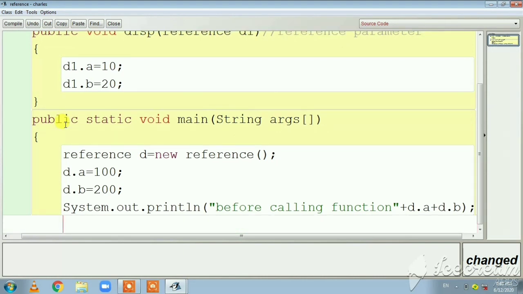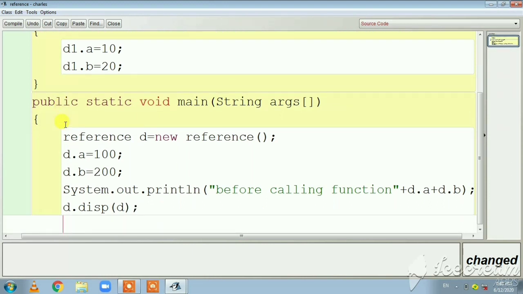Now I am going to call the function through the object d dot, the function name is disp. I am going to pass the d value to the disp function.